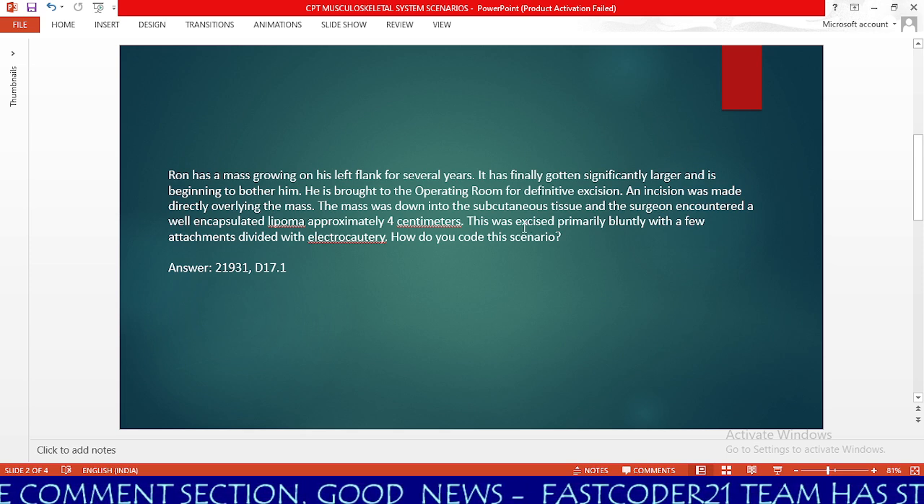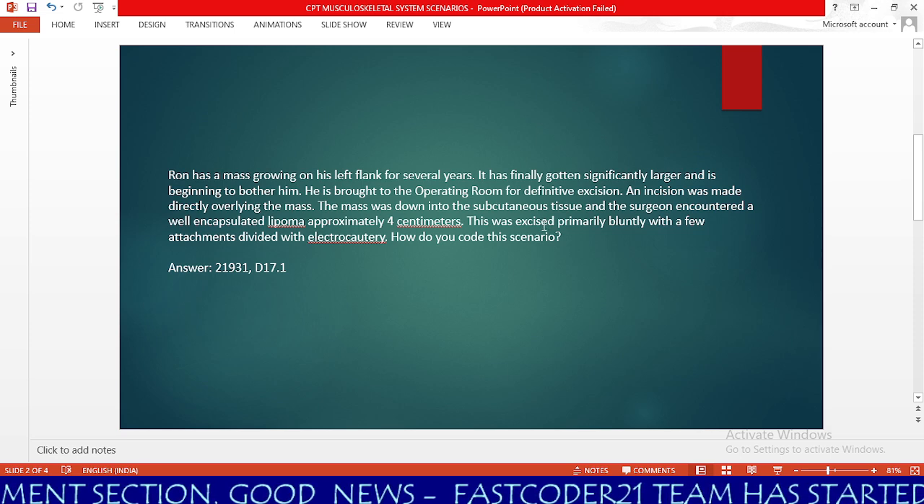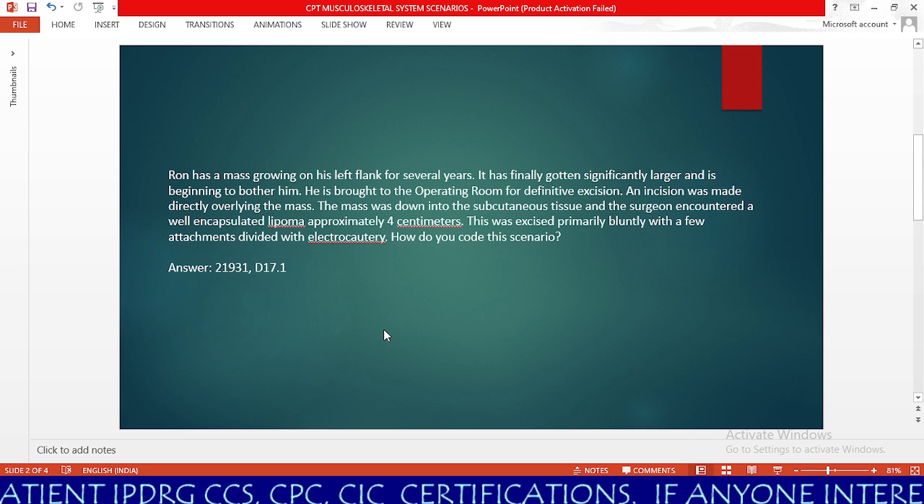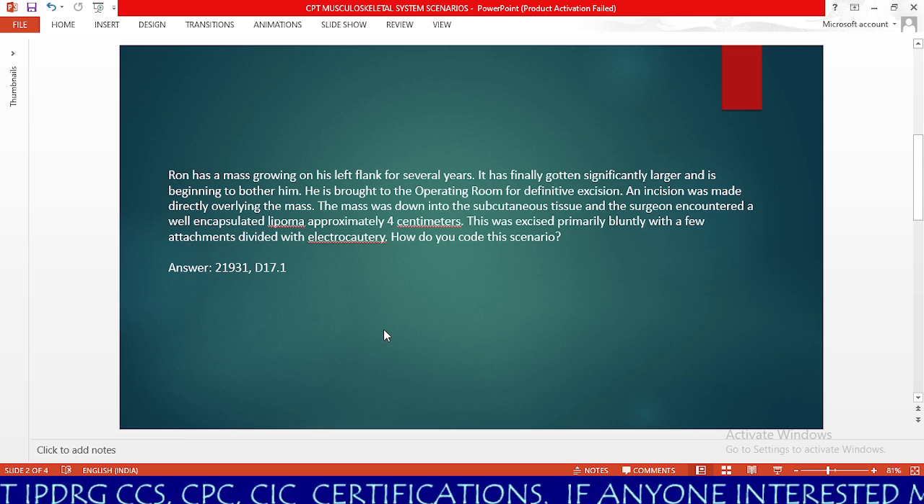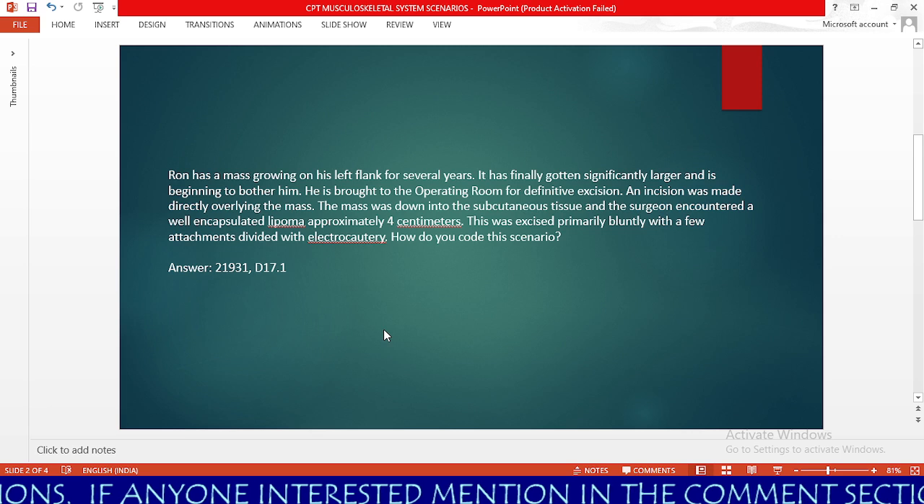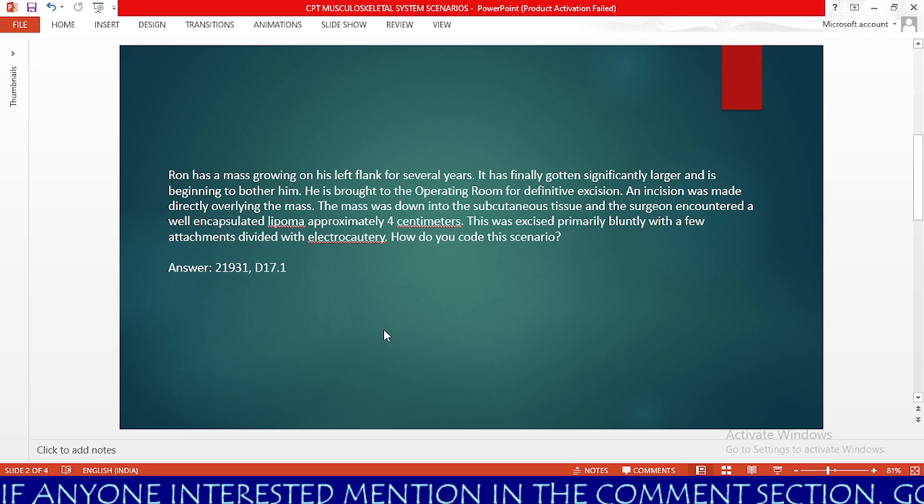So, excision of the lipoma until subcutaneous tissue. In this scenario, we have two codes, 21931 and D17.1. So how do you check this 21931 in the CPT index? Directly you will go to